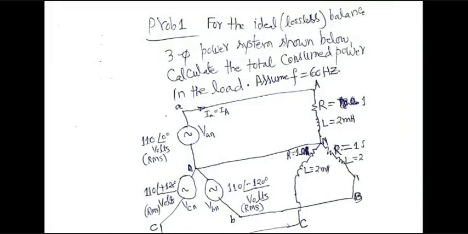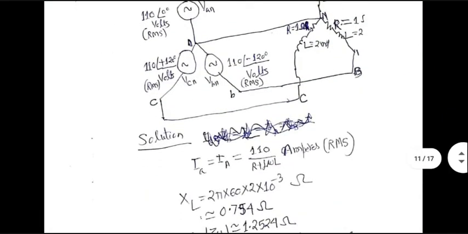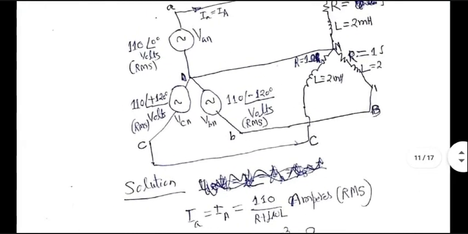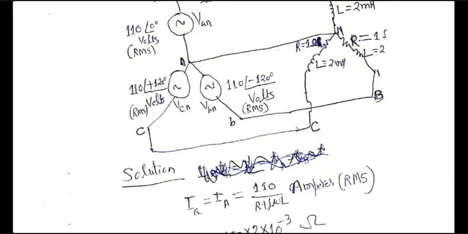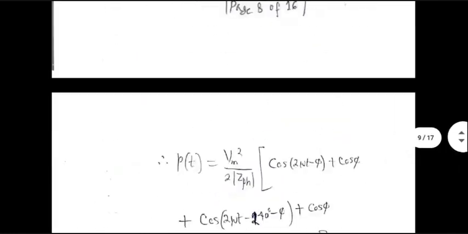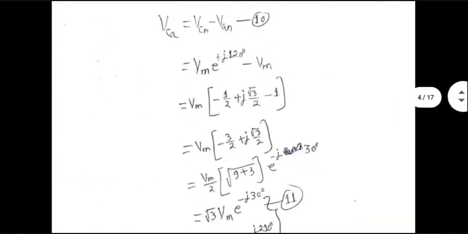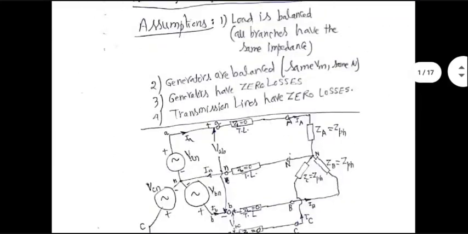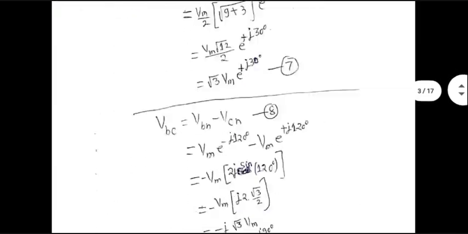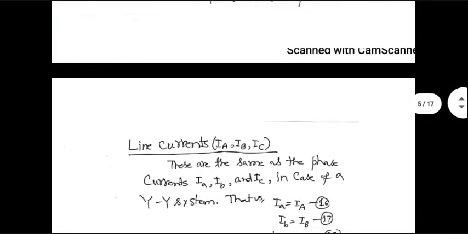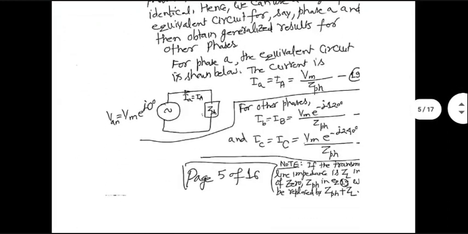Now, total power, that's what they want. That's not that difficult. You calculate the current flowing in any of the branches, let's say in branch A of the load. Remember, for the balanced case, we drew a single phase equivalent circuit. That's what I'm doing in that calculation there. This is the kind of thing we do for calculation. It's a balanced case, so let's look at only phase A carefully.